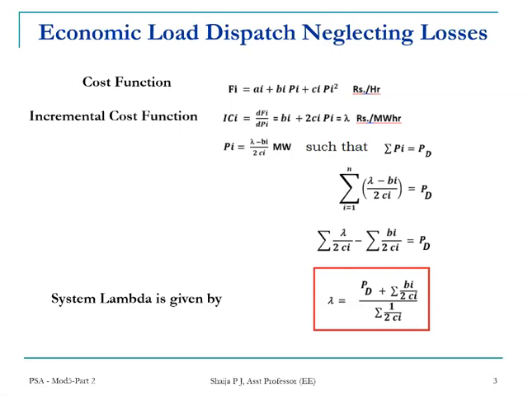And earlier, in the last session, we have done a problem where only 2 stations were there. So P1 plus P2 will be equal to PD, and IC1 is equal to IC2. We put that, so 2 equations you got, and we can solve that for 2 unknowns, P1 and P2. Suppose there are many number of stations. So we can use this equation. It will be much easier to do. System lambda equation, lambda, in terms of the B and C values of each station. Okay, we'll try to work out one problem with this.